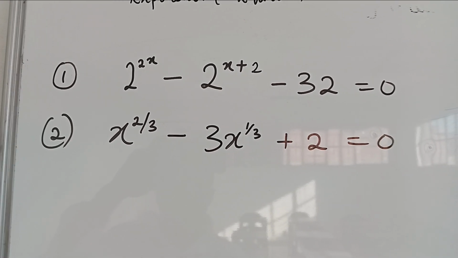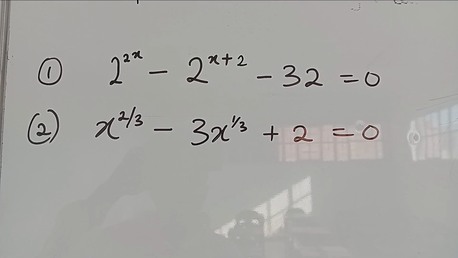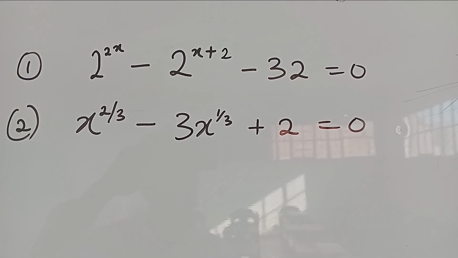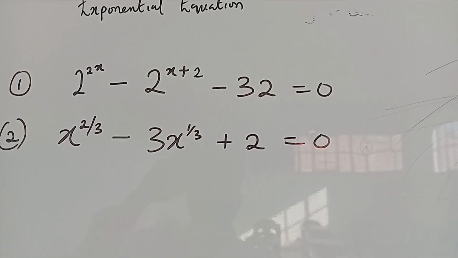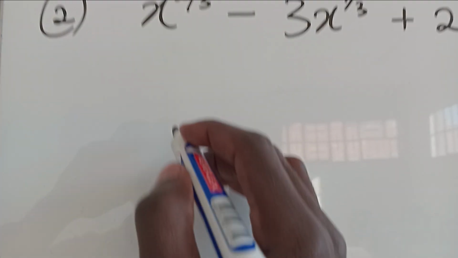And in the second question we have x raised to the power of 2 divided by 3 minus 3x to the power of 1 over 3 plus 2 equals 0. So how do we go about this? Let's look at the first question that says